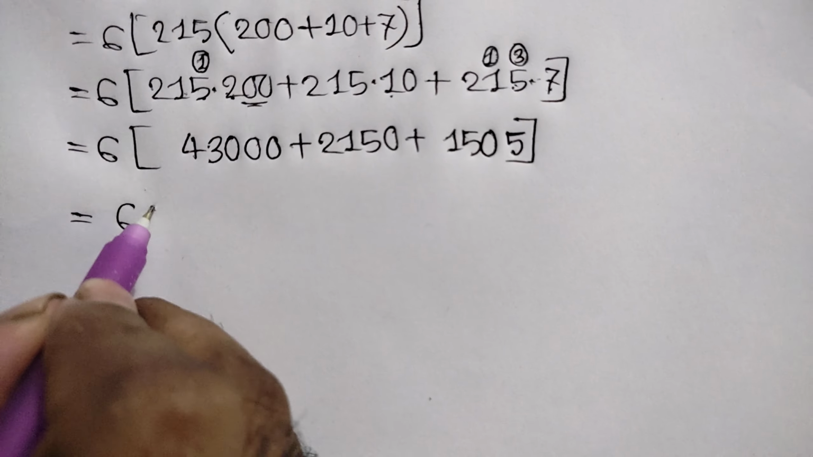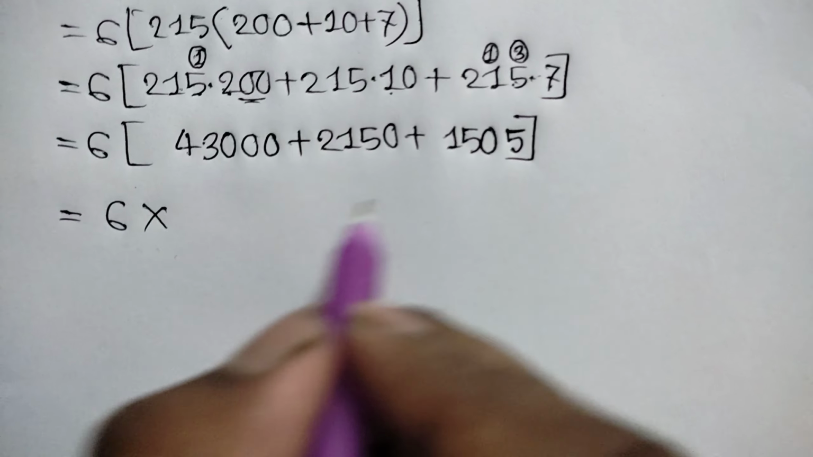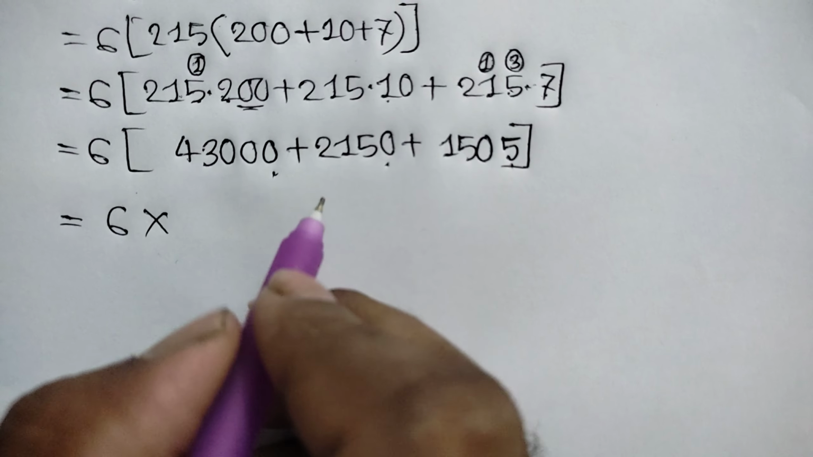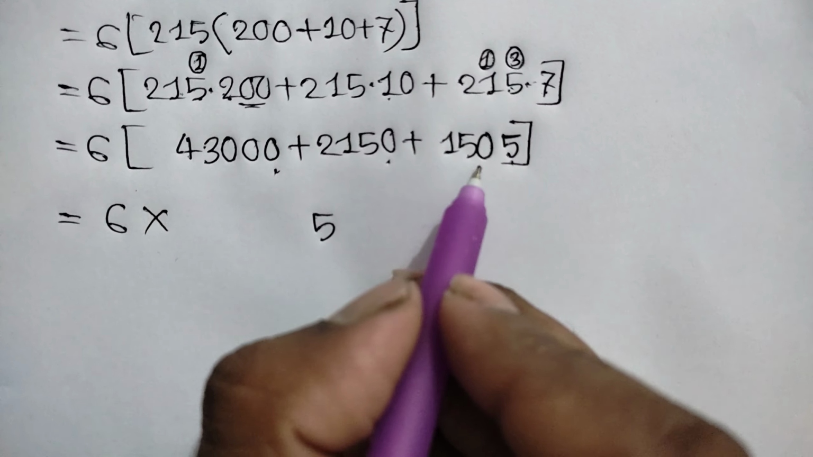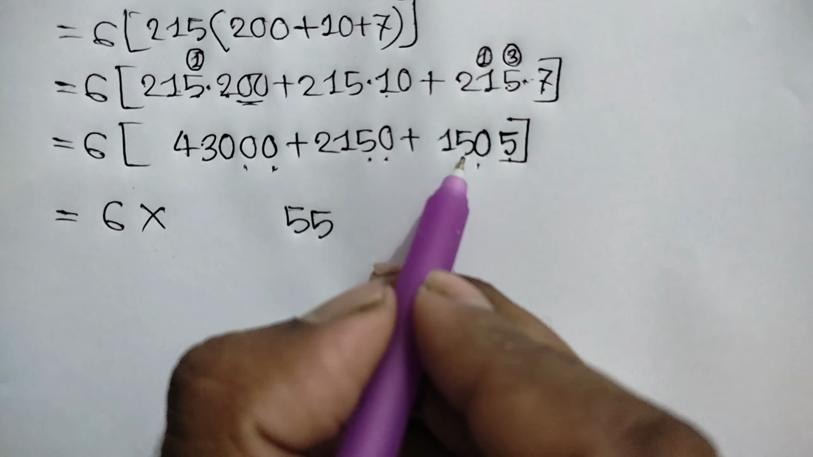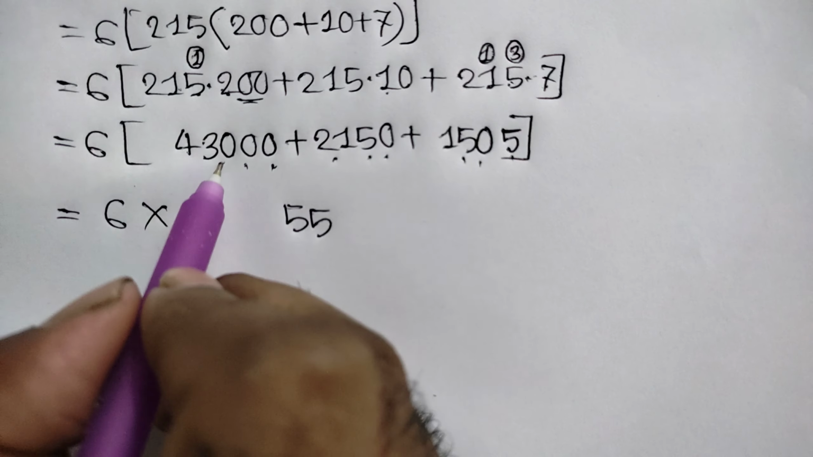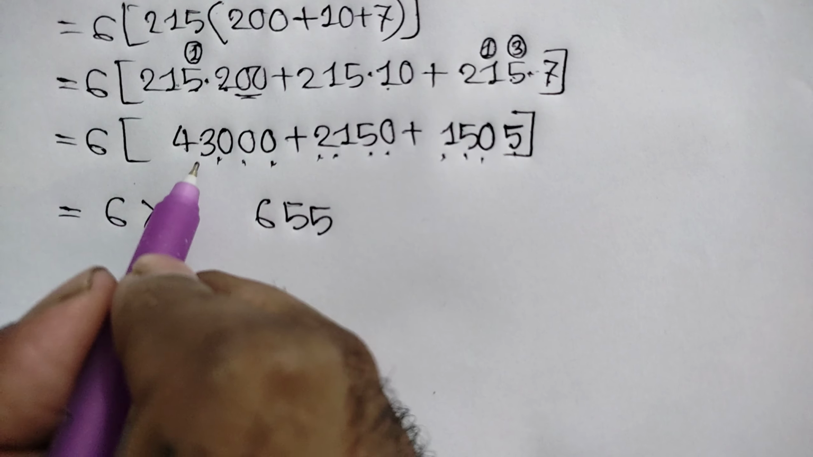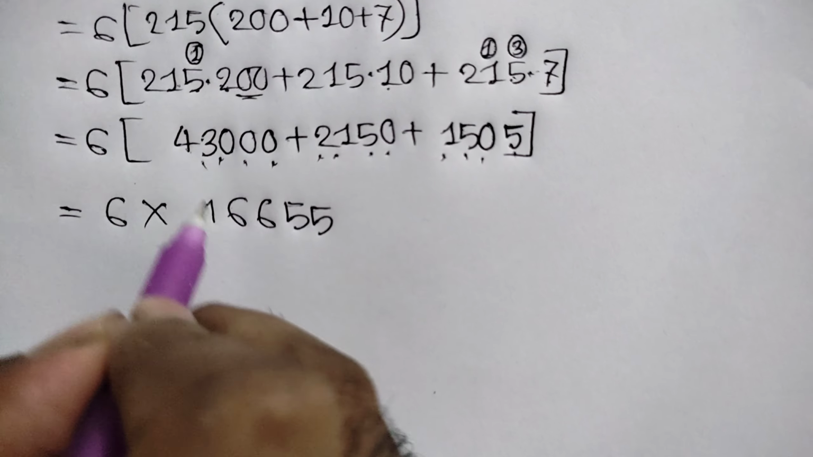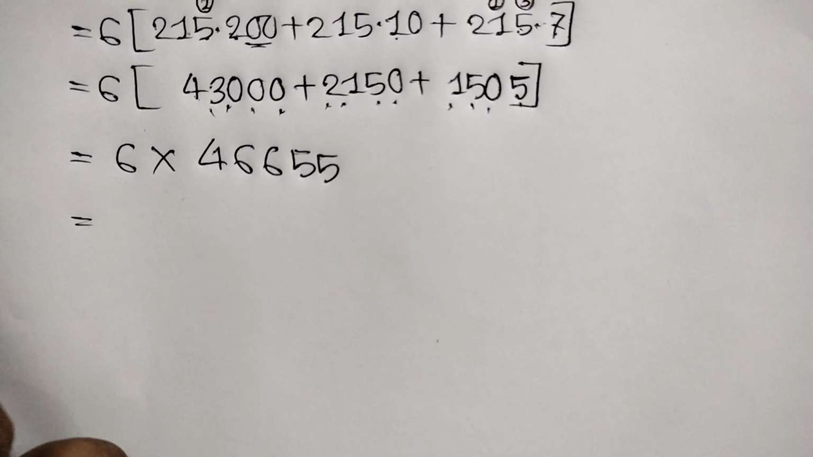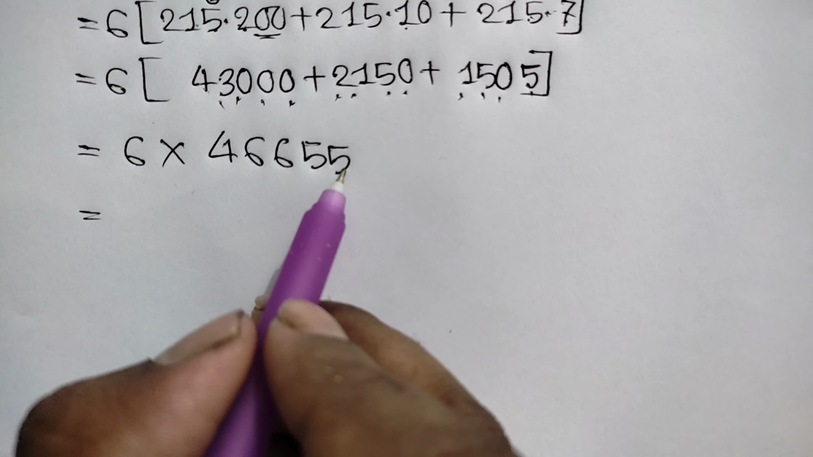is equal to 6 times, now adding these 3 numbers we can write 5 plus 0 is 5, 0 plus 5 is 5, 5 plus 0 is 5, 5 plus 1 is 6, 1 plus 0 is 1, 1 plus 2 is 3, 3 plus 3 is 6 and this 4, okay, is equal to, now 6 times 5 is